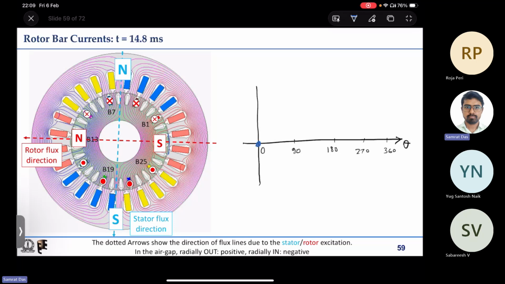here 0 degree is 0. Now 90 degree the flux is downward, so it is radially inward, that is negative. Now here 180 degree 0, 270 degree it is radially outward, so I have to assign positive sign, and 360 degree again it is 0. So this is the stator field,